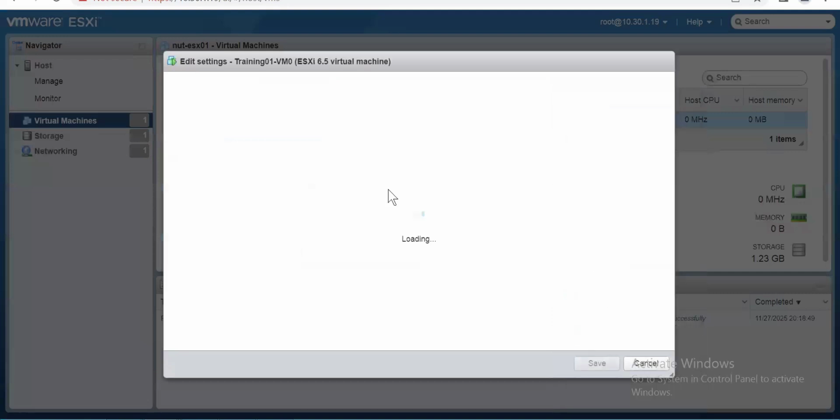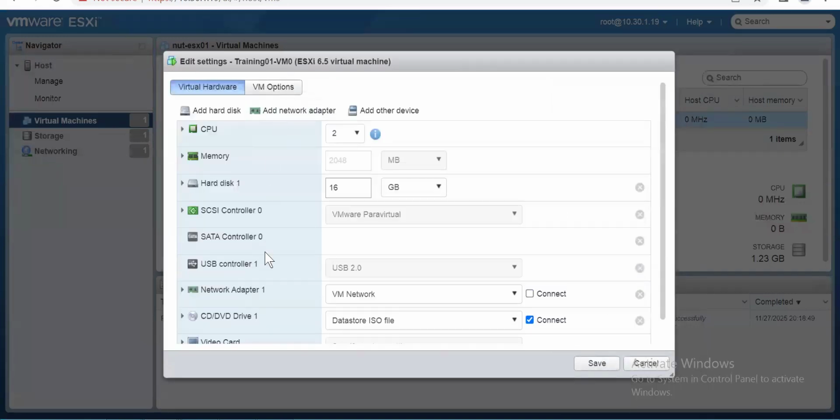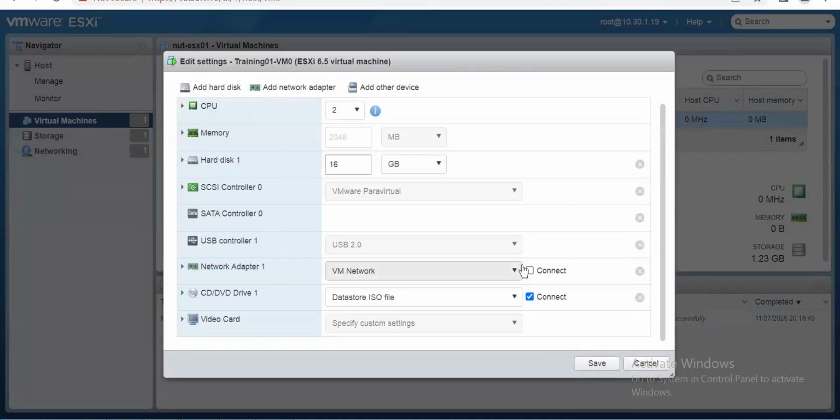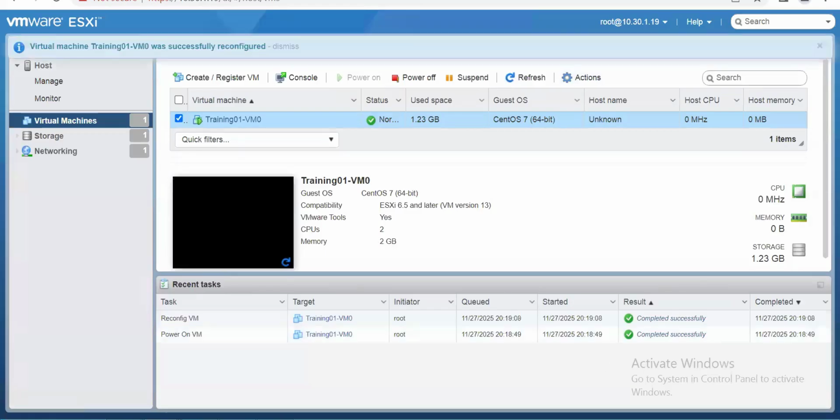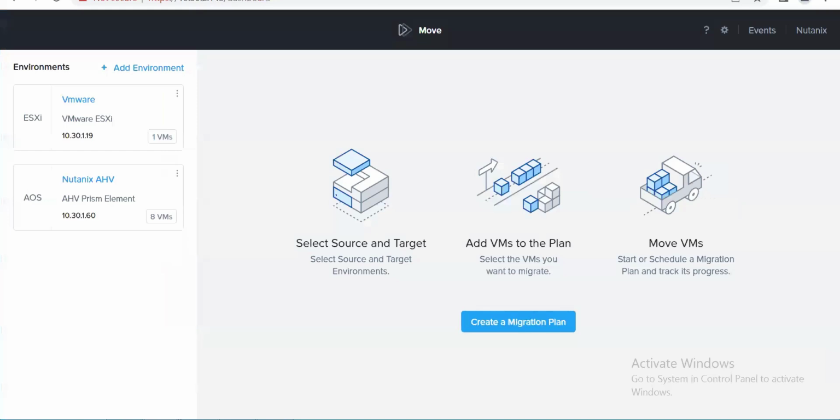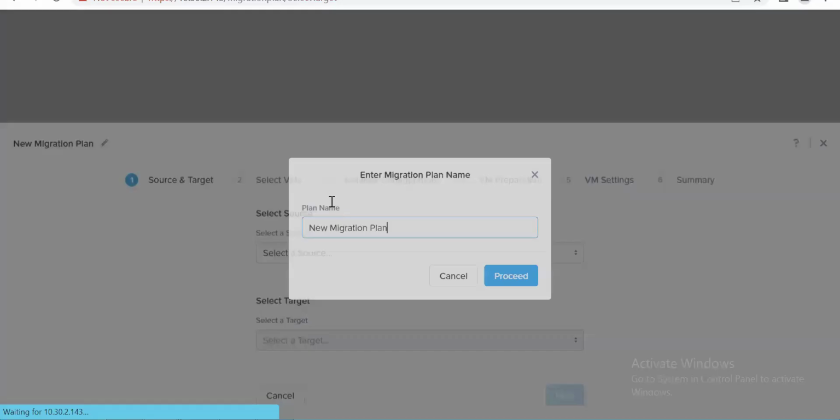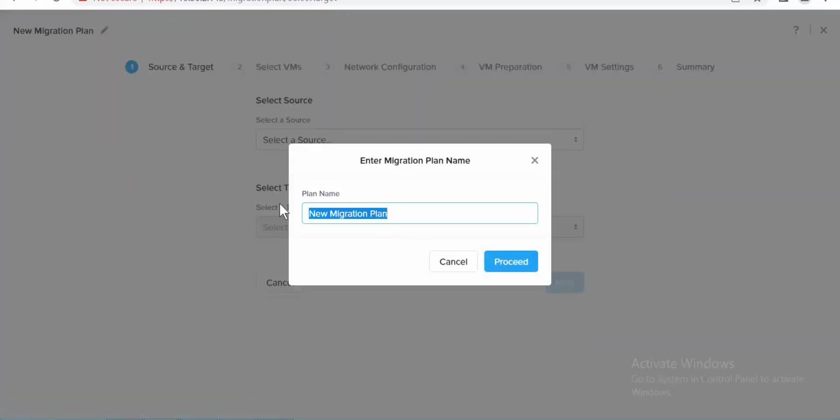I need to check if this VM has a network. Okay, this VM has a network adapter, and I make it connected. Save it. Okay, now I go back to Move. I'm going to create a migration plan. So migration is ESXi